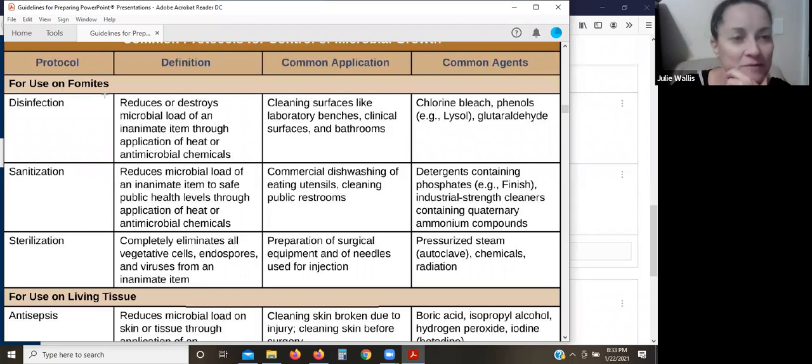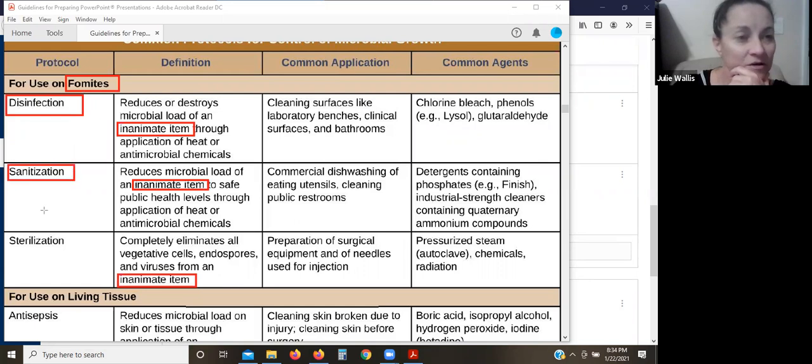So remember, fomites are inanimate objects. You'll see in all of these it says inanimate for all three of these. So disinfection, sanitization, and sterilization are all for use on inanimate objects,